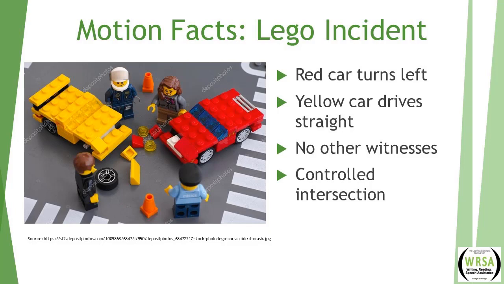So if we're saying the red car is the plaintiff, you might have argued that the red car had a green turn arrow. That's why they turned into the intersection. If you were thinking that the yellow car was the plaintiff, you might argue that the yellow car had a green light, and that's why it went into the intersection. Keep in mind that there's always going to be two different sides to this case, and almost certainly each party, each driver, is going to say that they had the green light.